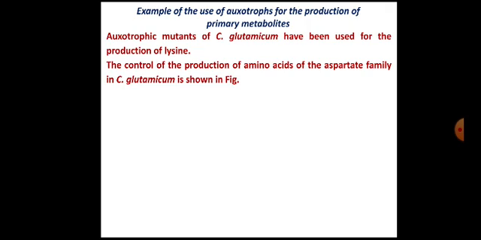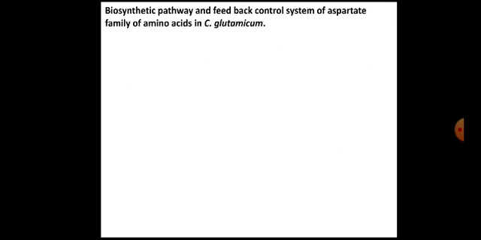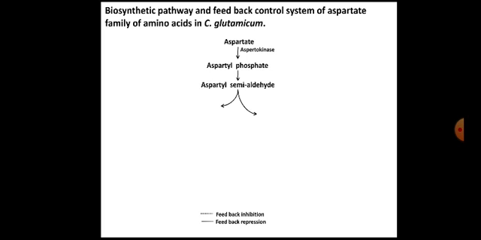The control of the production of this amino acid of the aspartate family in Corynebacterium glutamicum is like this. That means this is the blueprint. It belongs to the aspartate family. Aspartate is converted to aspartyl phosphate through aspartokinase. Aspartokinase is a key enzyme. Then this is converted to aspartyl semialdehyde. There is a branch point. Aspartyl semialdehyde gets converted to